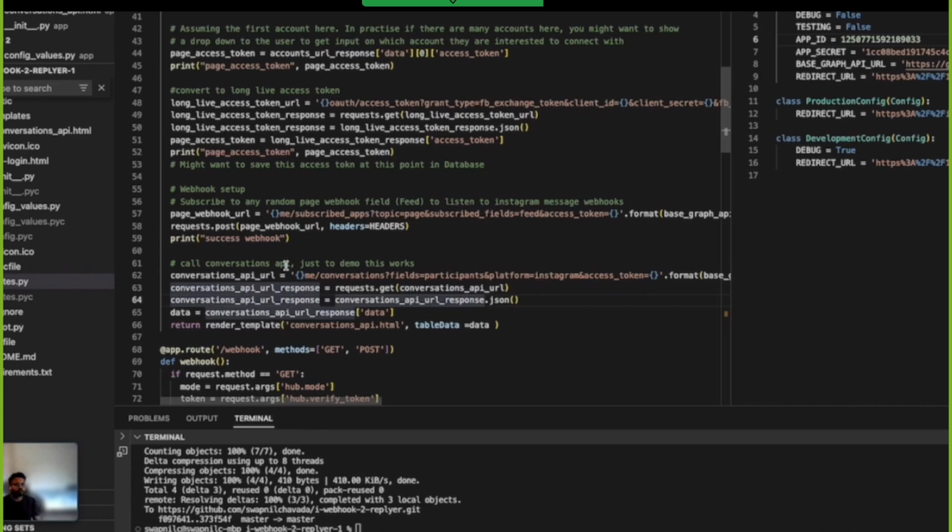So far we looked at using IG business login for doing two things. One part was configuring the IG professional account itself so that it's usable with the Instagram API. This involved things like connecting that particular professional account with the page, granting appropriate permissions, and, if it's not a professional account, asking the user to convert it into a professional account. That was part one. And the other part was getting permissions for that professional account for your app so that your app can call APIs on behalf of that professional account.